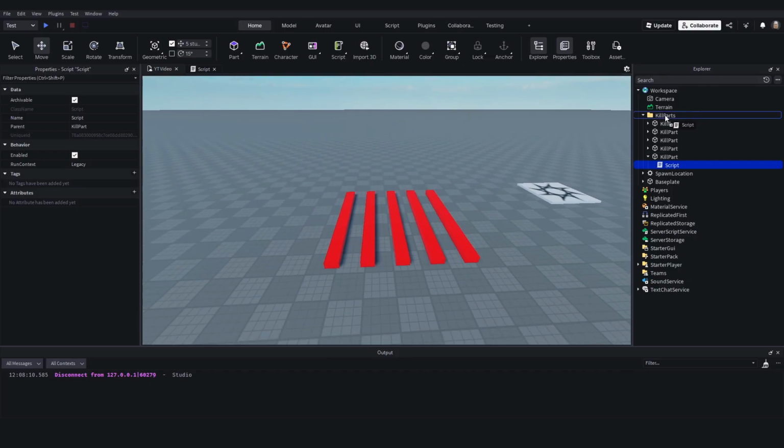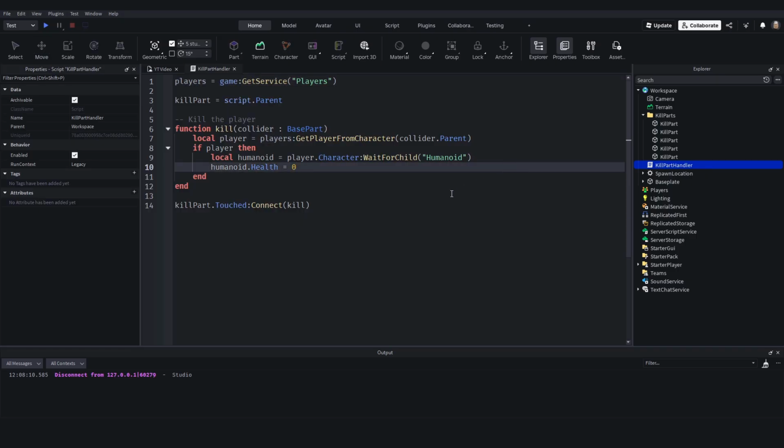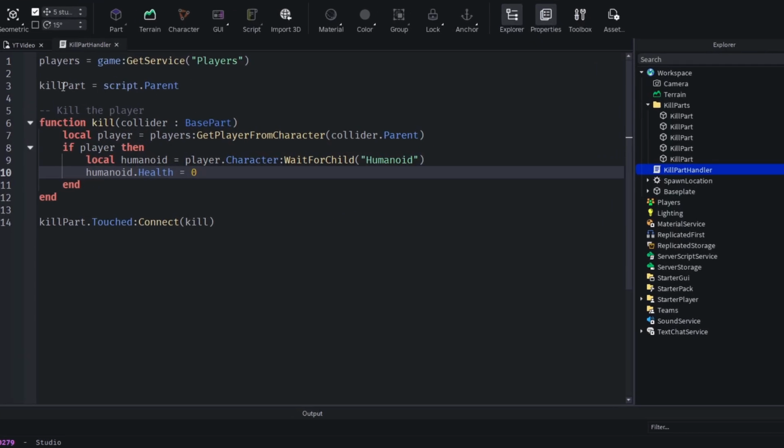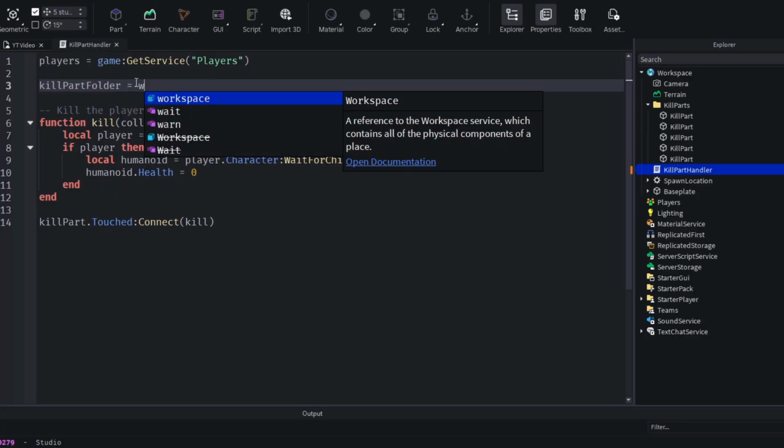So let's take a script out of here and put it in workspace, and I'll rename this script to kill part handler. Now I'll delete all the scripts within the kill parts, open up the kill part handler. It's going to be the same code. The only thing we're going to change is this kill part. I'll call it killPartFolder, and this will be equal to